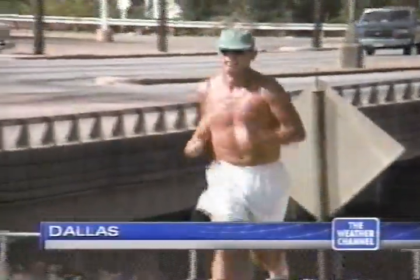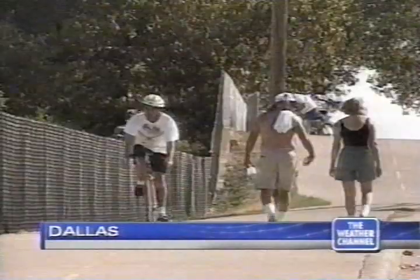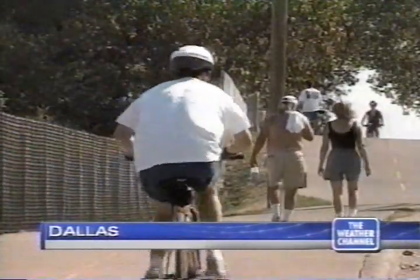Well, the heat is on in Dallas. Temperatures will creep towards 100 degrees today, and they're pretty close. So if you're going to be outside, take it easy. The heat advisory